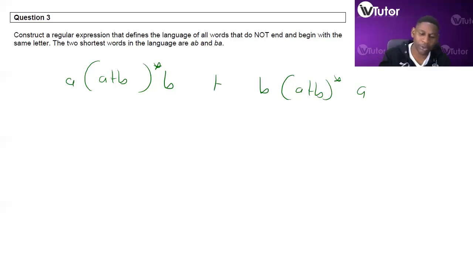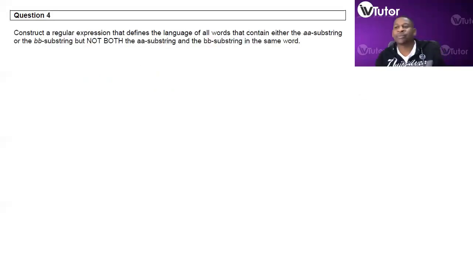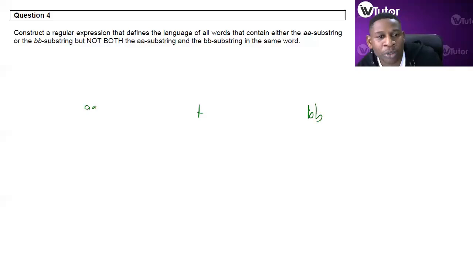Right, moving on to the next one. Construct a regular expression that defines both the language of all words that contain either A substring or B substring, but not both. In such a case, we're going to do the following. So either we have got a BB or we've got an AA. Right? In which case, after we have an AA,